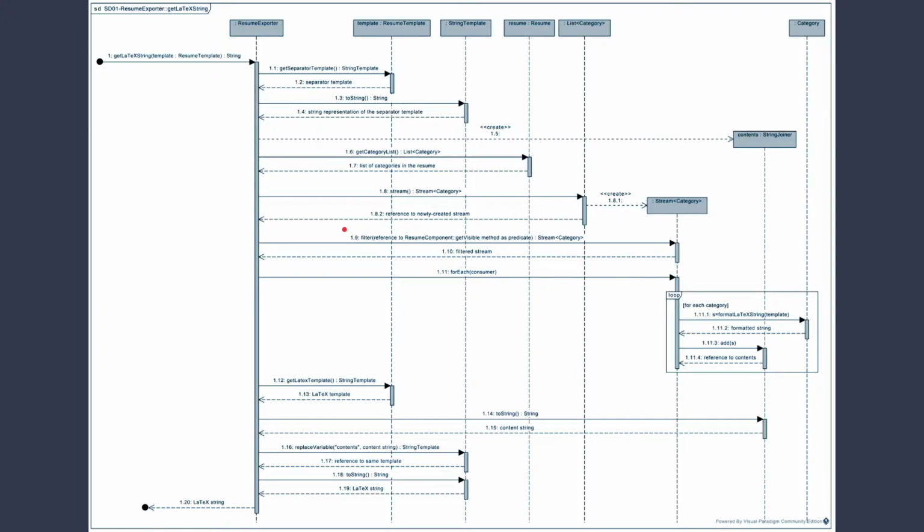and get the LaTeX version of each category. So in fact, each individual component of a resume is generating its own LaTeX string that is all combined and collapsed into a giant document. So in this case, we have a for each here. This is going to be acting on each category, and in each category we're going to get the LaTeX string